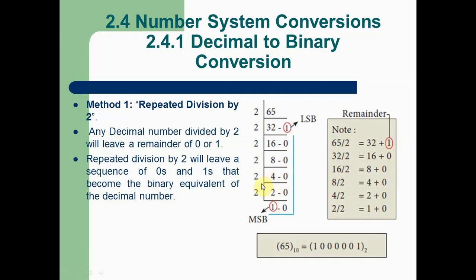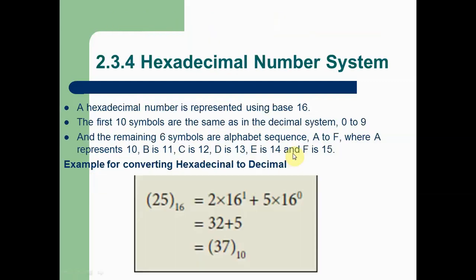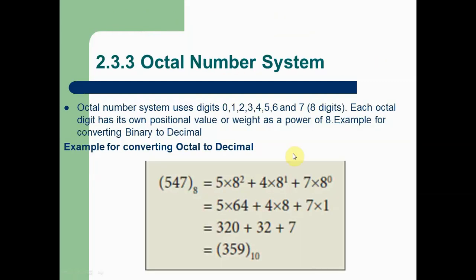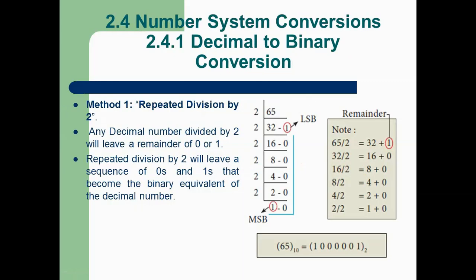Continue this division process by 2, and finally we reach the position called 1. When you reach the 1, we cannot divide the 1 further, so we stop here. After stopping, we arrange these numbers from down to up direction. Here you can see all the remainders from the last quotient to the first remainder.